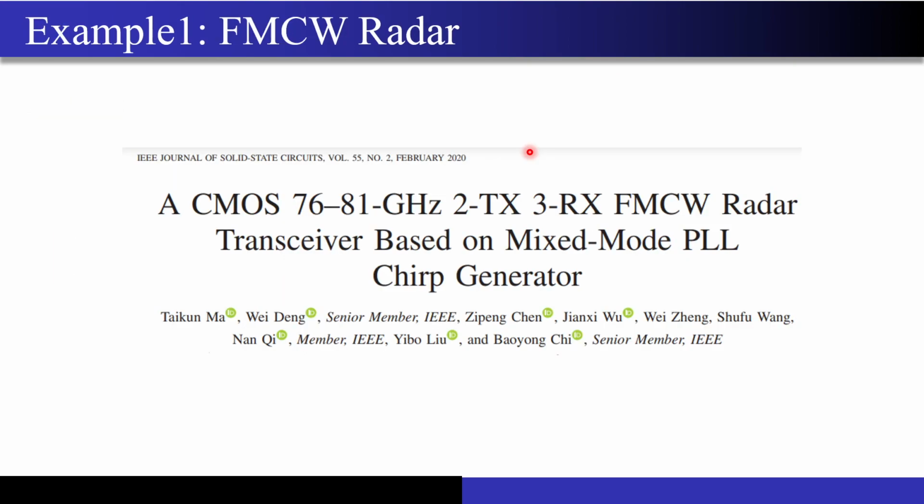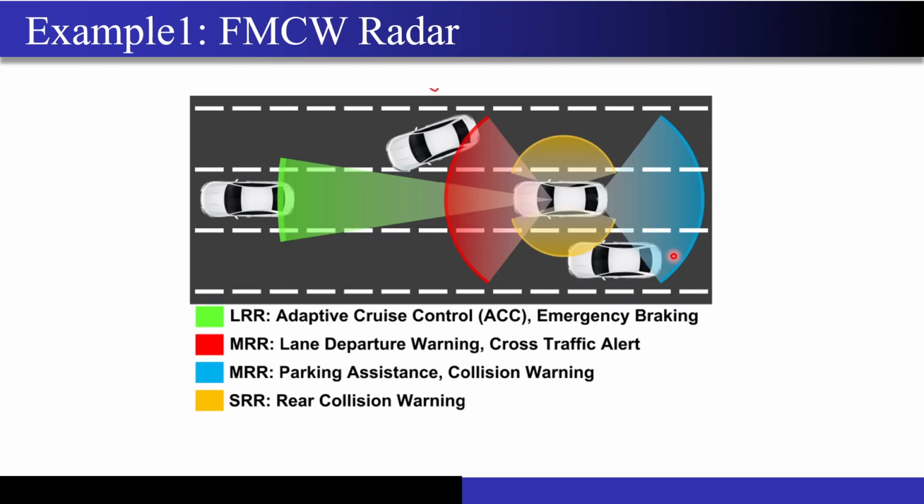So now let's move on to the state of the art and try to understand a few case studies. The first case study is from the Journal of Solid-State Circuits paper, a CMOS 76 to 81 gigahertz, 2 transmitter, 3 receiver FMCW radar transceiver. Don't go into the mixed-mode PLL chirp generator part, I don't want to go over there. Now, this is what I was talking about. There can be multiple radars around your car,